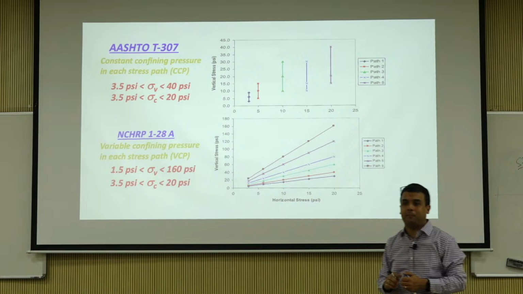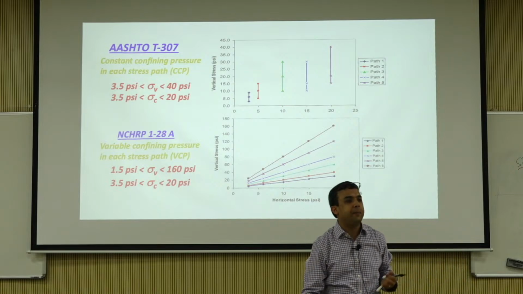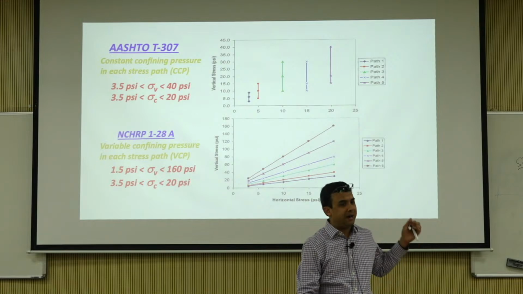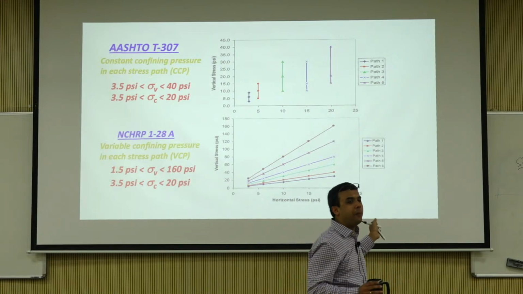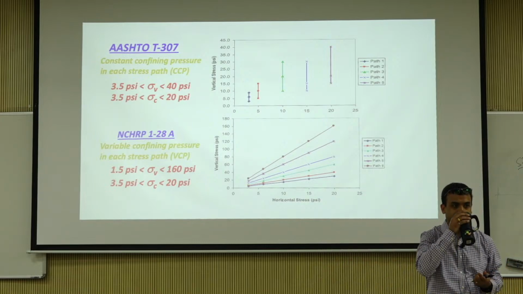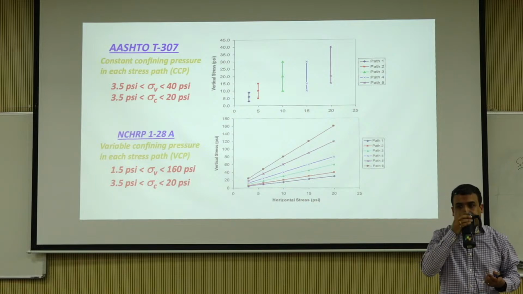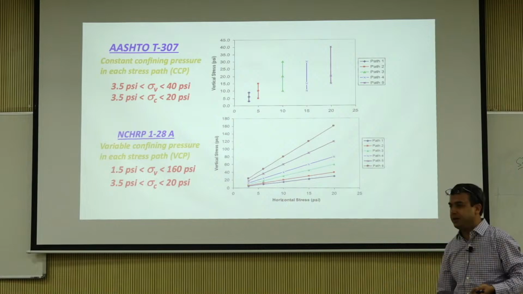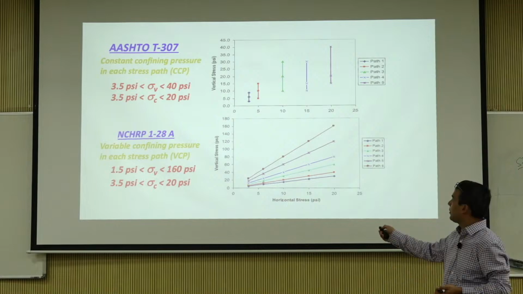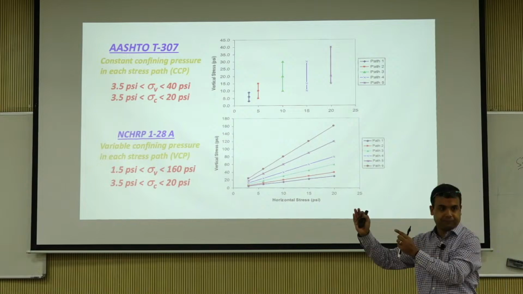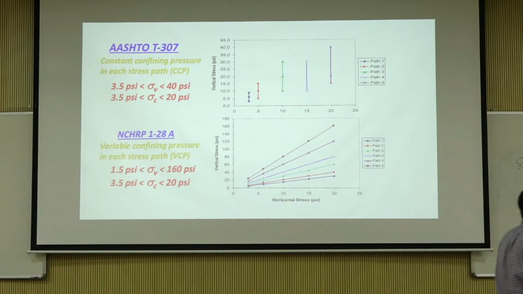This is supposed to be a better representation of what actually happens in the field, but it was not really widely adopted, though we still have a document for this. Okay, that's the concept of VCP, variable confining pressure, because the lines are not vertical anymore, it's changing from state to state. Now the question is, I still haven't defined to you how do you calculate resilient modulus